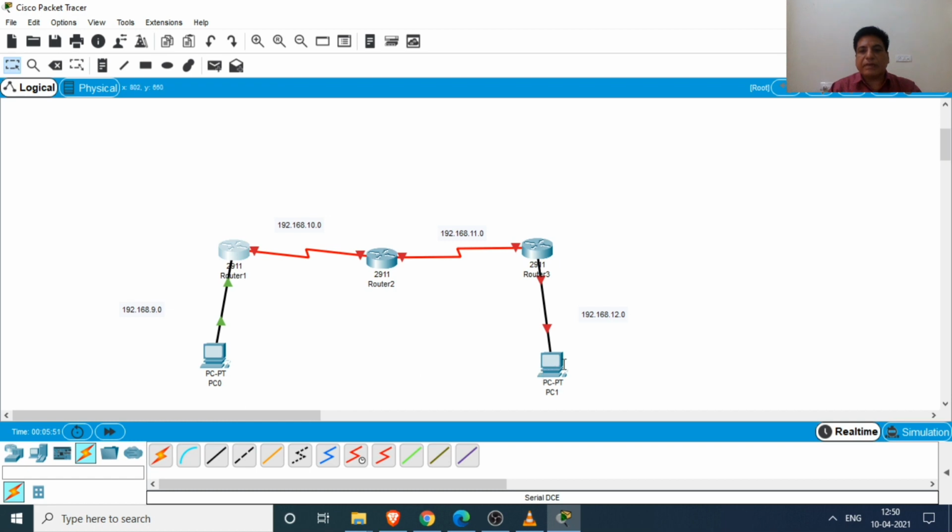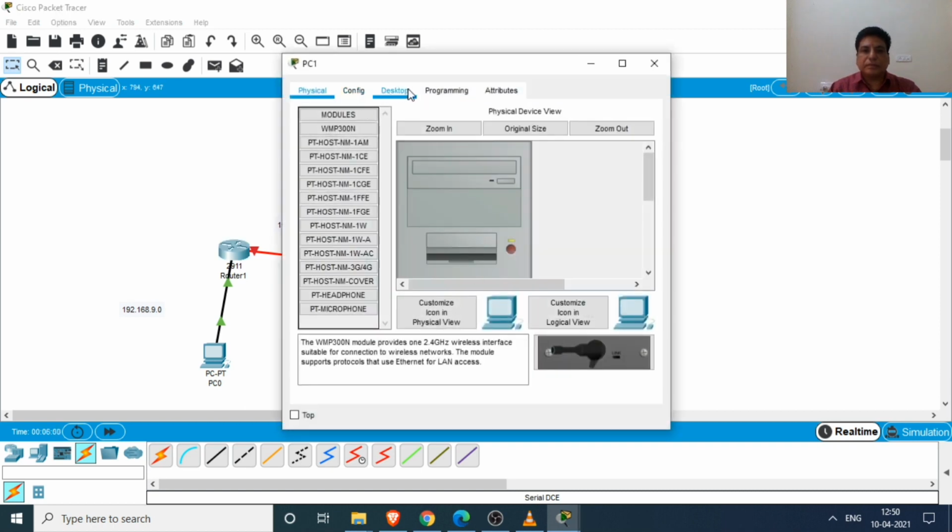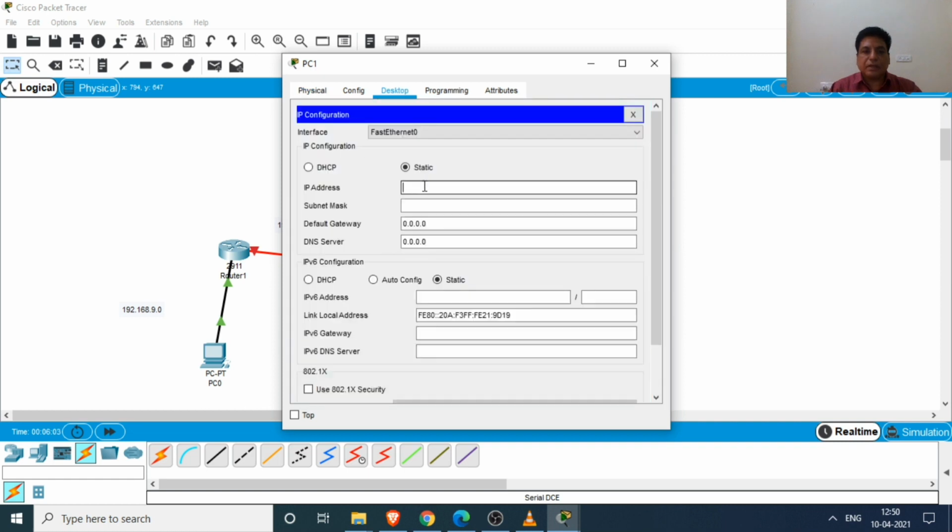On the right side, our network address is 192.168.12.0. Now first we configure the PC. Desktop, IP Configuration. We give the IP address 192.168.12.2 to the PC. Subnet mask for class C, and we are assuming that the first address is given to the gateway. So here we give the IP address for the gateway as 12.1. Similarly the DNS address is also 12.1.